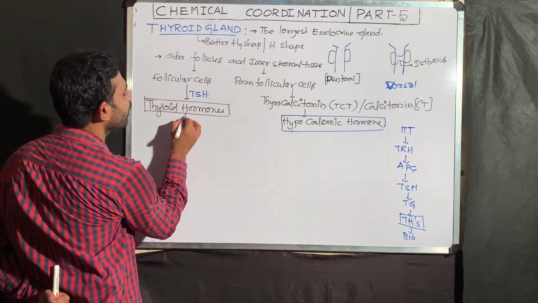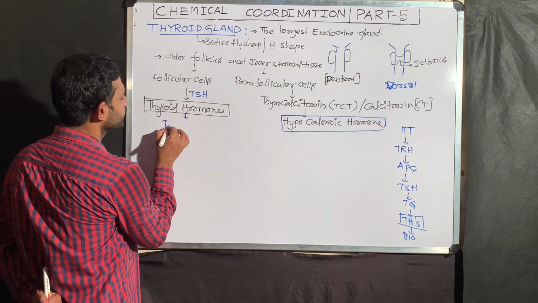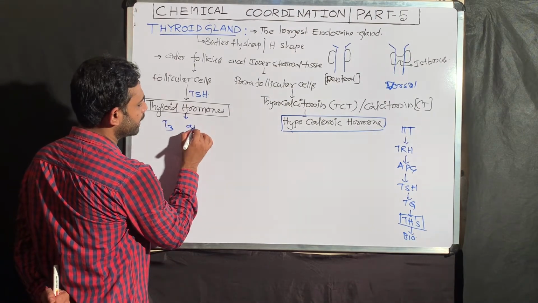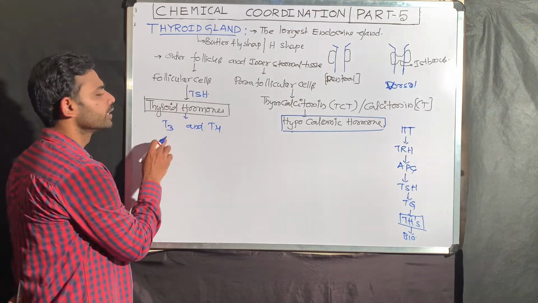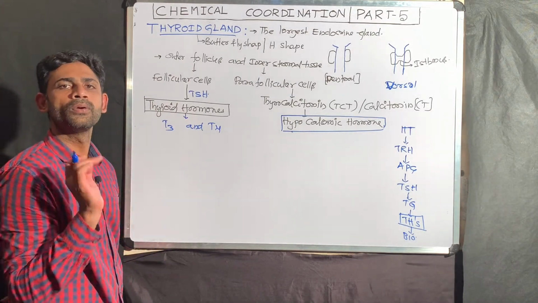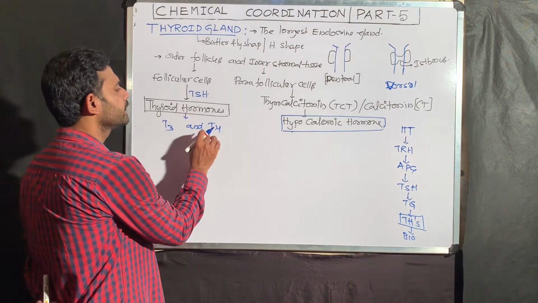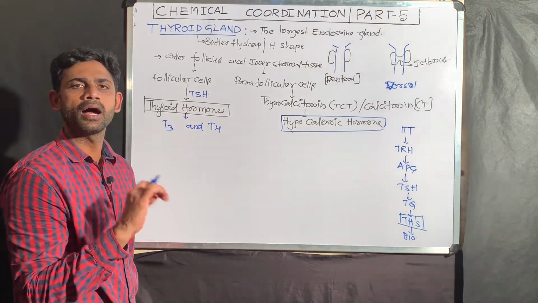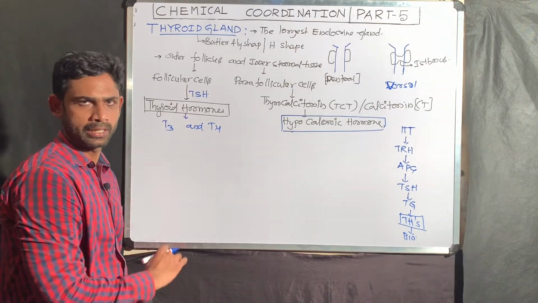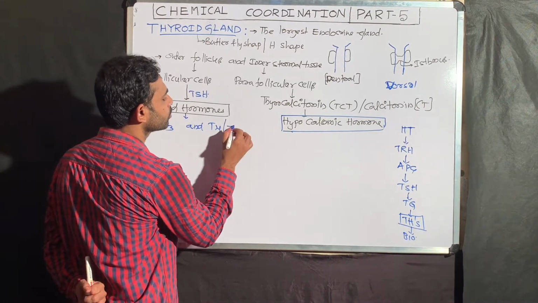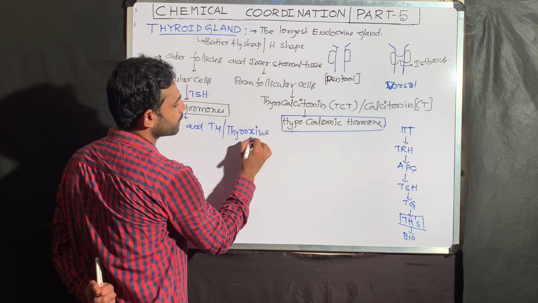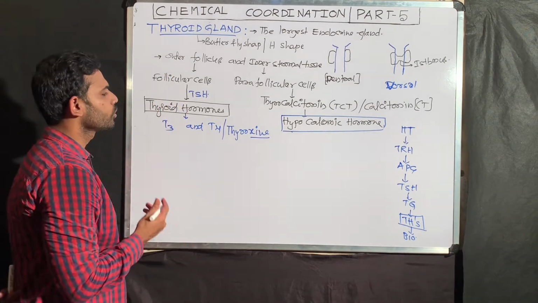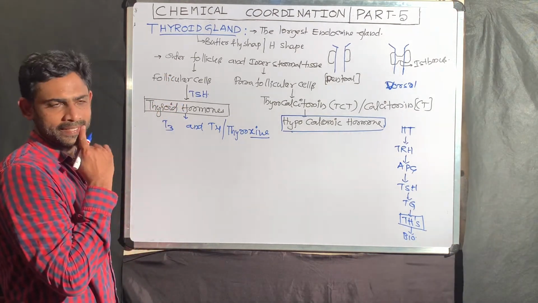Okay, coming to the thyroid hormones. These thyroid hormones include two: one is T3 and another one is T4. What does T3 stand for? Triiodothyronine. What does T4 stand for? Tetraiodothyronine. Okay. T4 is also called thyroxine. So remember XINE. With these names, first we can understand